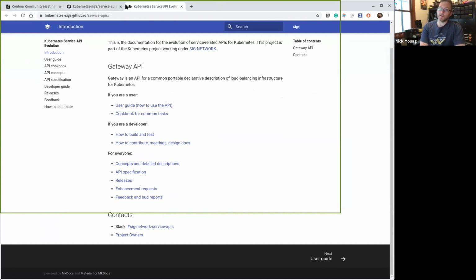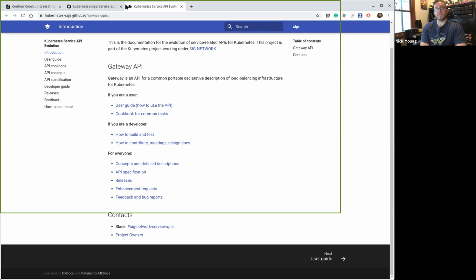The important part for Contour is that I want Contour to be able to consume these types as soon as possible. So to that end, I've been working on bringing just the basic wiring for the types into Contour as soon as possible behind an experimental flag. I actually have a PR for that ready to go. That's been approved. We're going to hold off on that until after 1.2, so it will come in 1.2.1, so it will come in as part of 1.3.